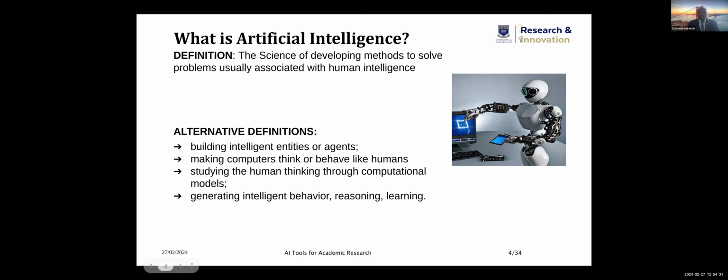And amongst the alternative definitions, some people would say, building intelligent entities and agents. Somebody would say making computers think or behave like humans, or studying human thinking through computational models. Somebody would say generating intelligent behavior, reasoning, and learning, and so on. Because AI is being approached from many different fields, there is a wide range of definitions. And